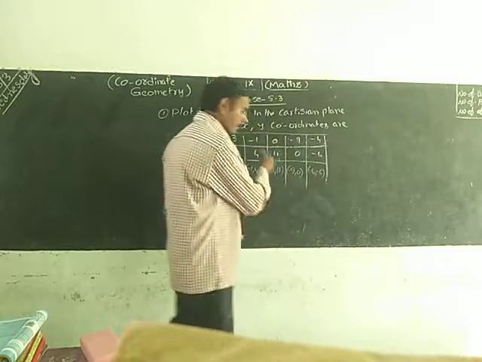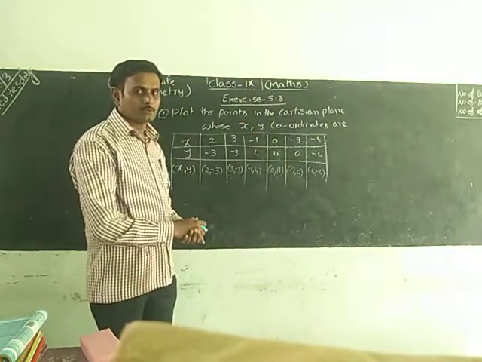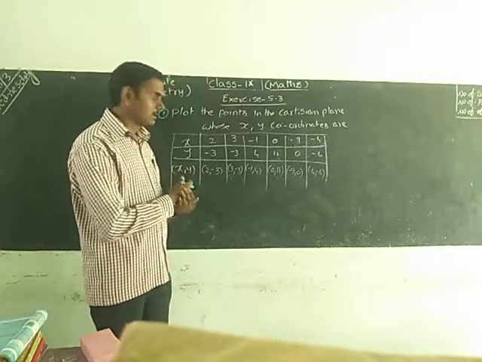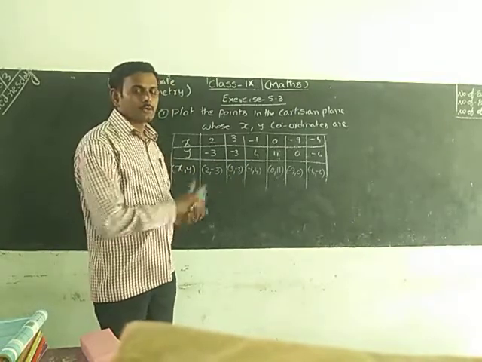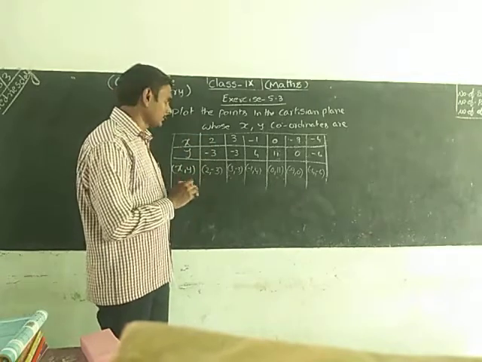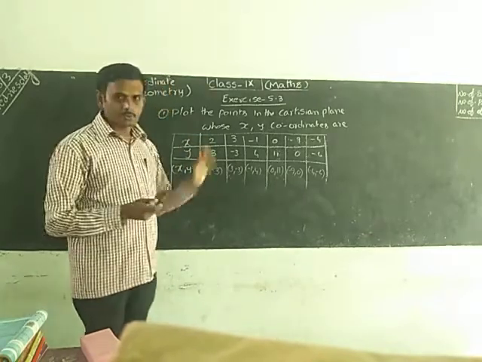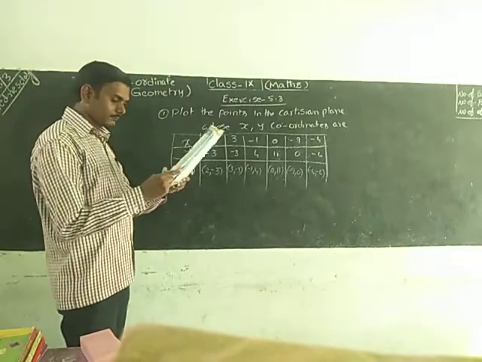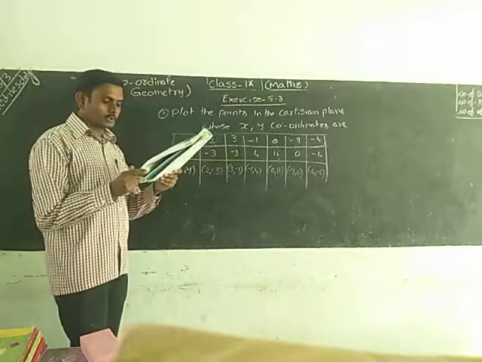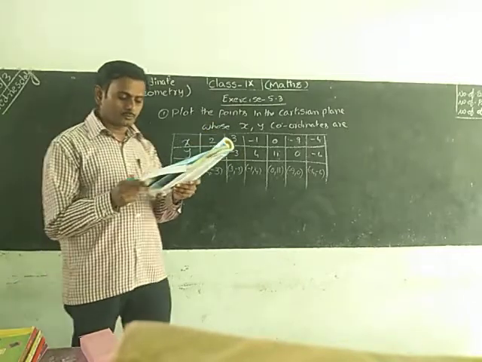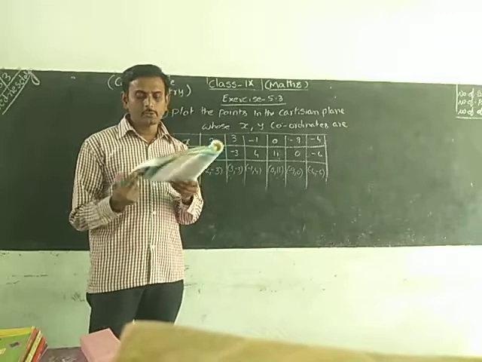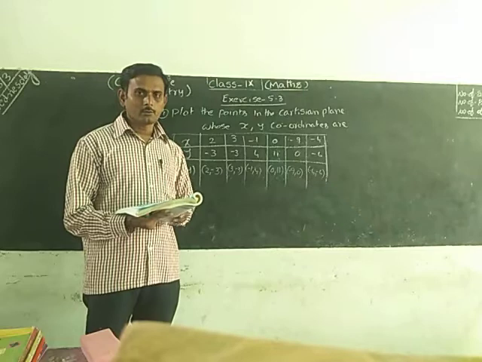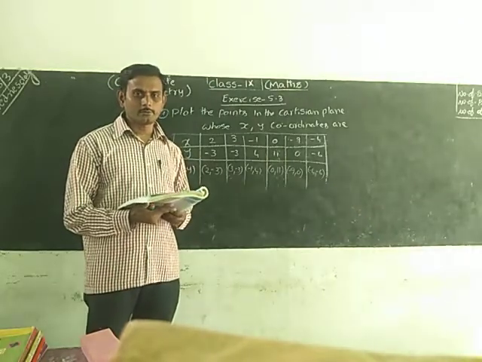How can we draw the axes? Mark numbers 1, 2, 3, 4, and minus 1, 2, 3, 4, like that. We take the points, and after that we join them. That is the answer. You can do it yourself. The second round is also the same, and the third and fourth rounds, do on your own. I will not explain those because they are graph paper sums. We can complete them later. Draw on graph sheet paper.